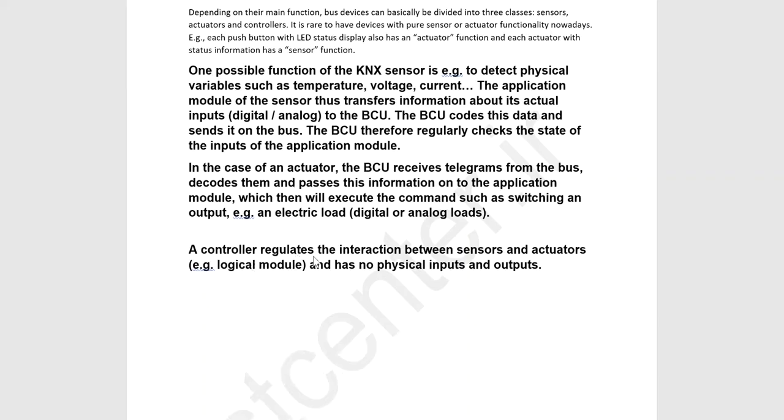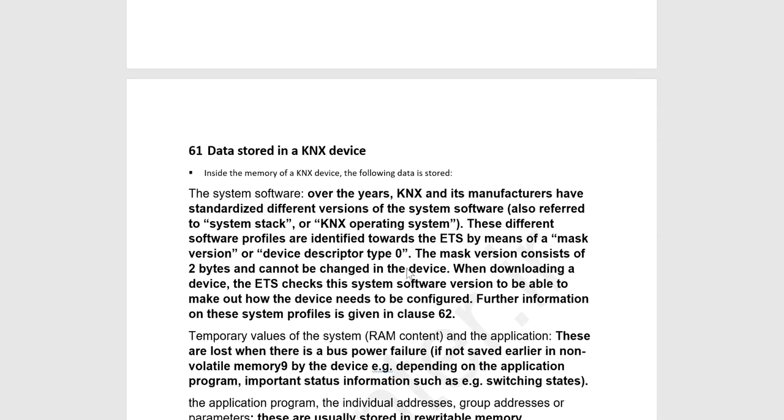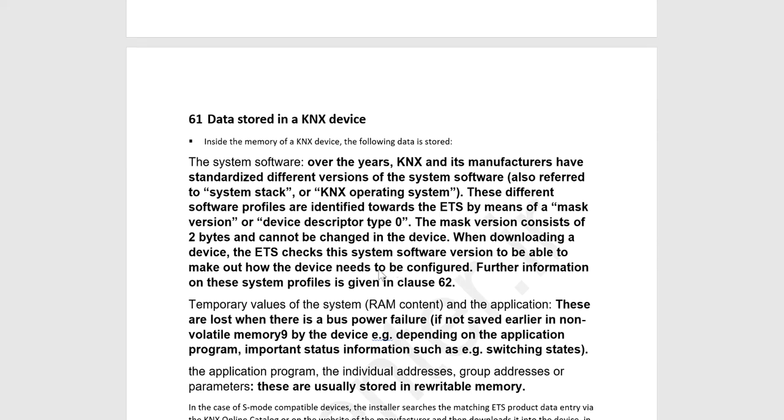And the controller regulates the interaction between the sensor and actuator, like the logic module, I said it, or the thermostat, for temperature, humidity, wind speed, and so on, and has no physical input and output. So controller, there is no physical input and output, everything is virtual in it. Okay,